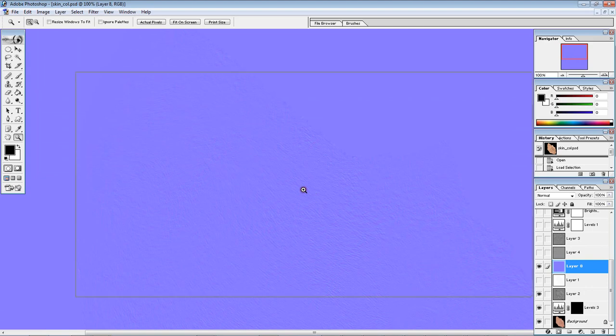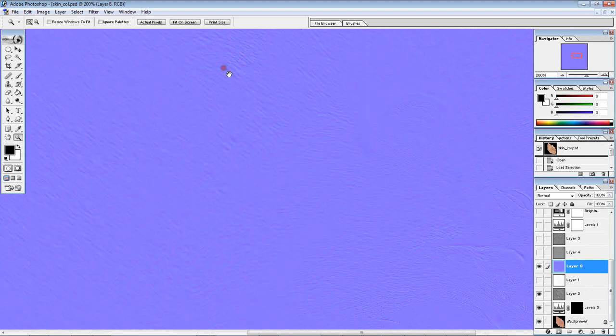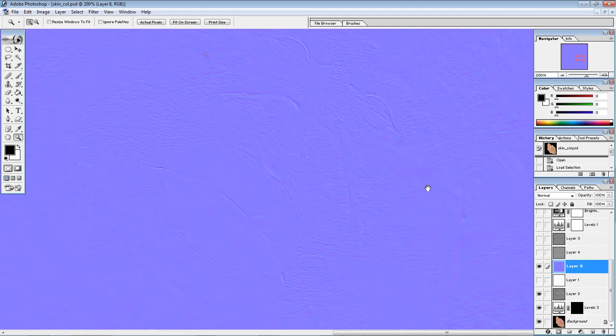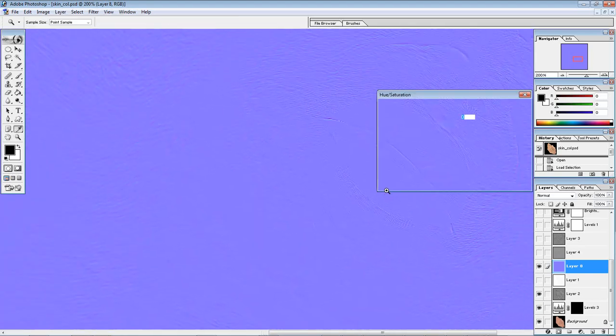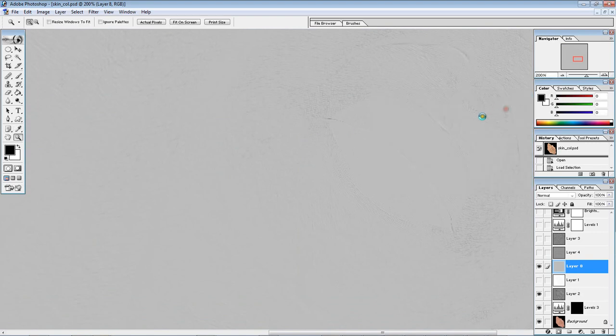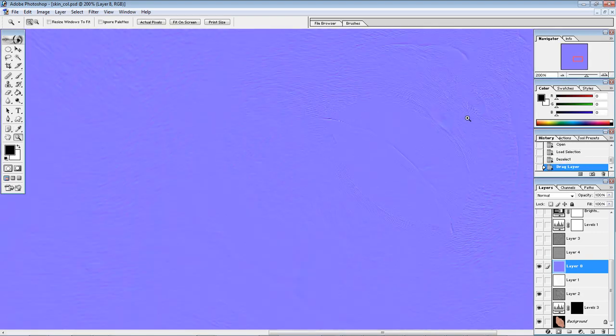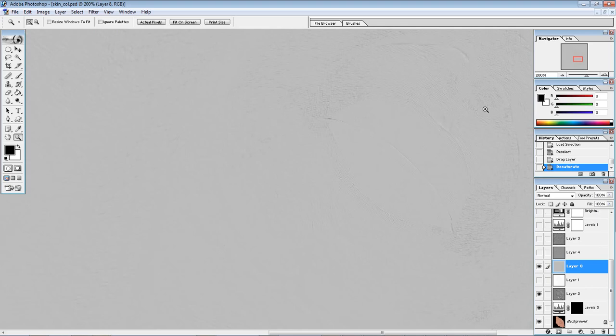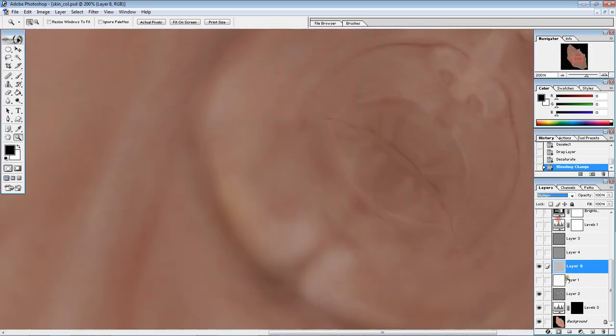So what I did was, we have all this really nice skin detail. How could we transfer that over into our color map for free? Very simple. All we're going to do is press Control U to bring up our hue saturation, and we're just going to turn the saturation off. Another way to do that, which is how I do it, is Control Shift U. Just gets rid of all the saturation. Leaves me with this grayscale. Now what I did was set it to multiply and gave it a 57%